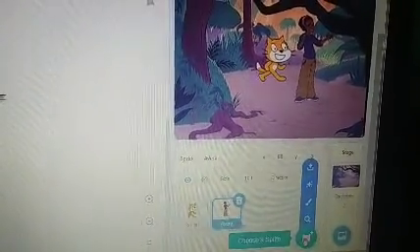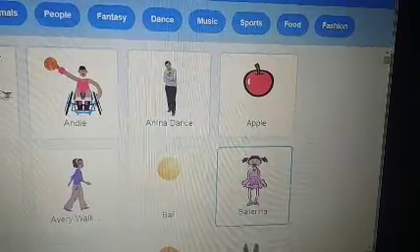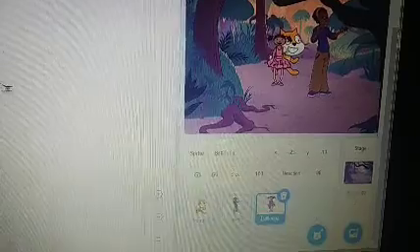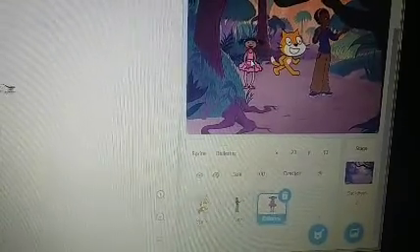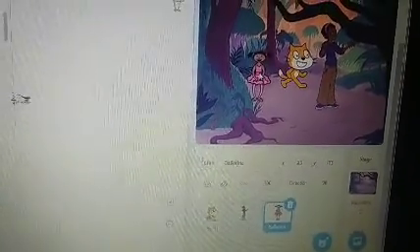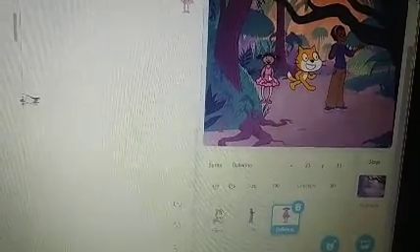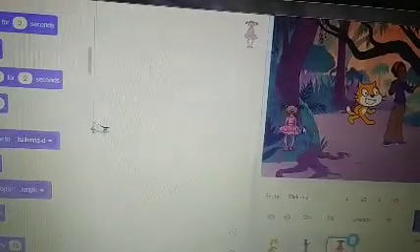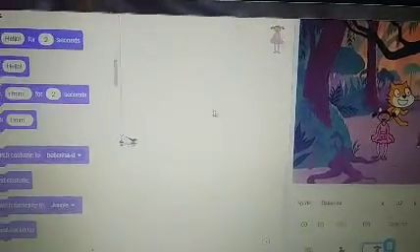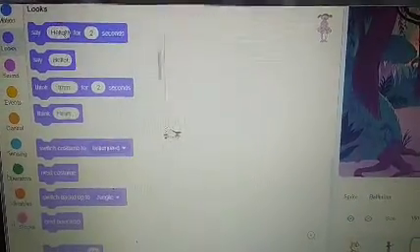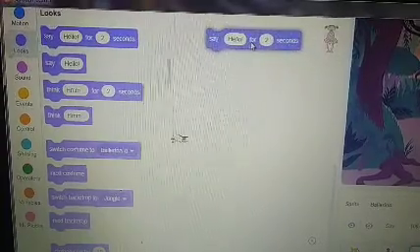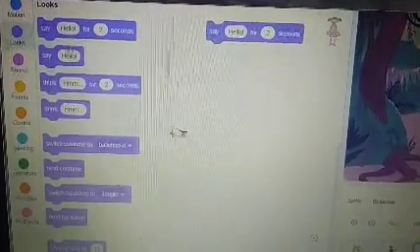Just click here, and this is a ballerina which can dance. Understood? I hope you understood the components of a Scratch program. And these are instructions which you have to drag to the script area. This is the script area.